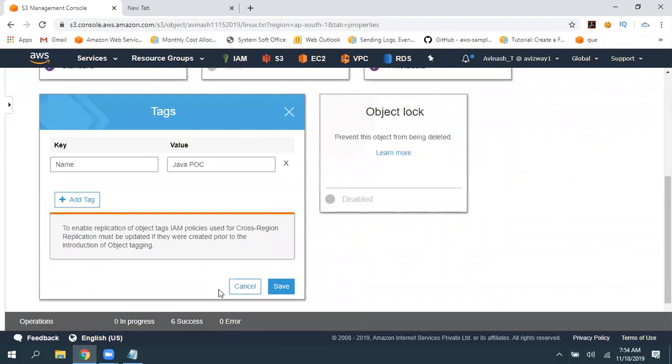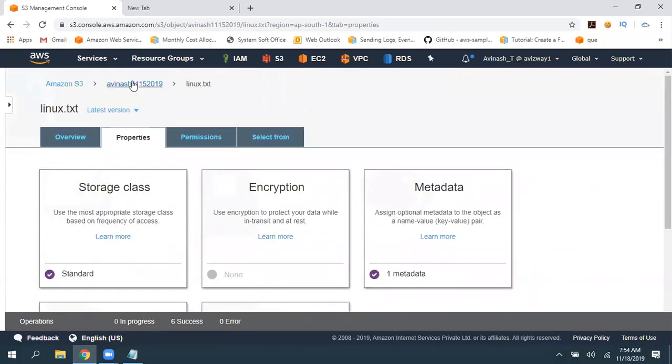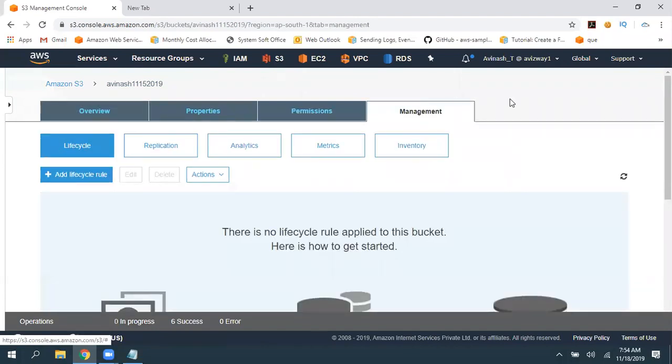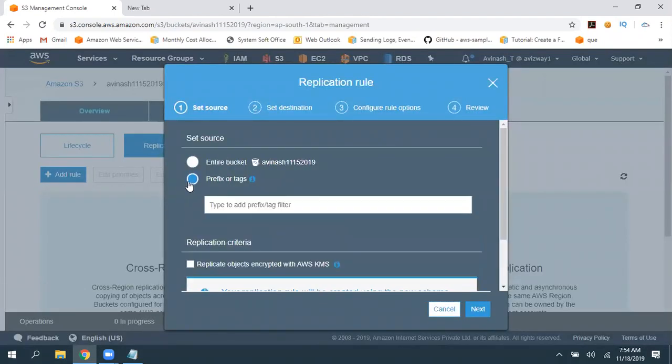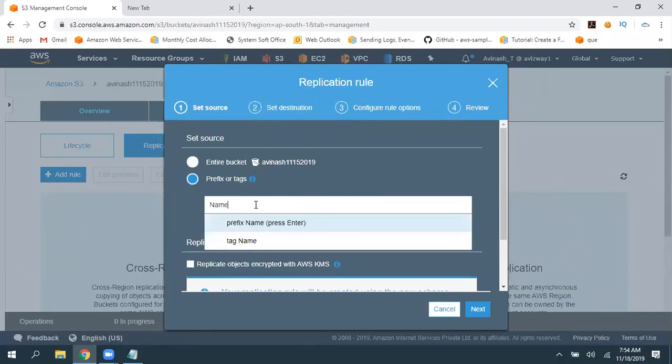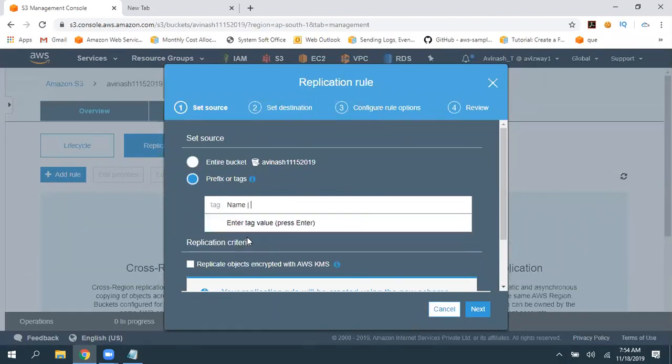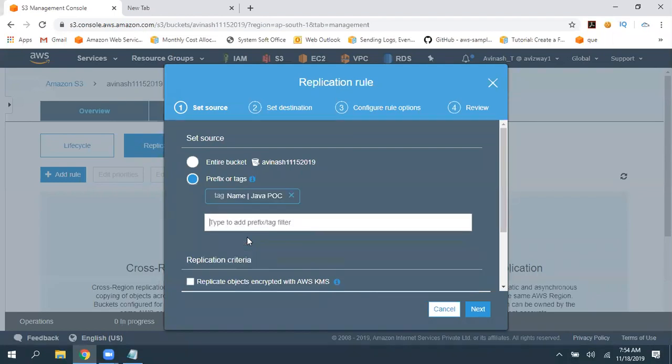So now I want to apply this lifecycle management rule or this cross region replication for the object where it contains that particular tag. So in that case, I can select this prefix or tag here, where tag key name must be name, and value must be Java POC.